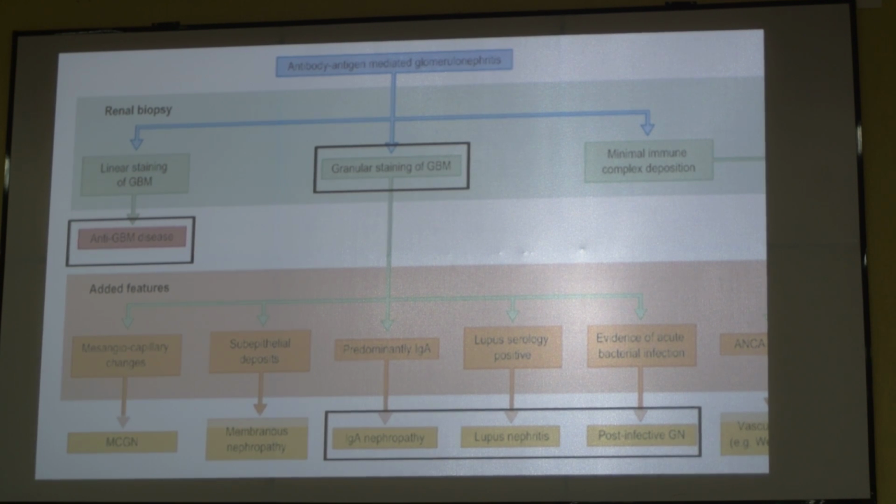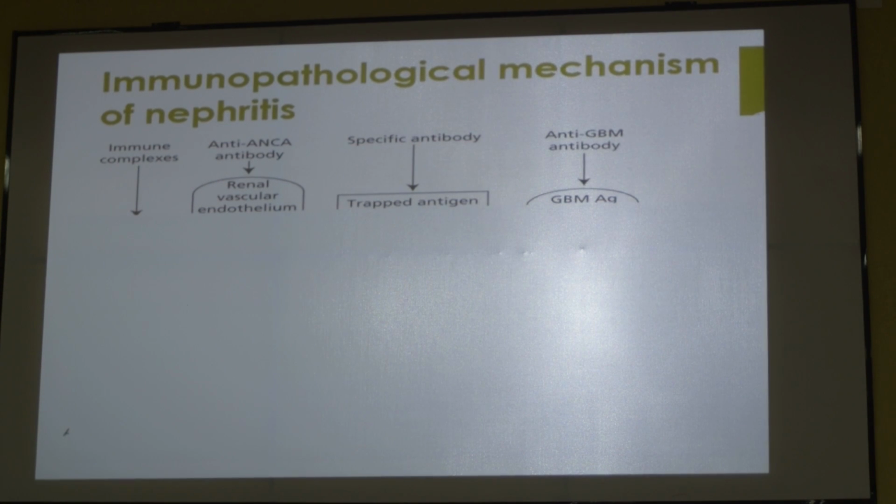So there must be a history of sore throat, pharyngitis, skin disease, bacterial skin infection, and then you are looking for the features of granular staining. This is just to tell you how you will move on from the symptoms to the staining or morphology and finalize your diagnosis. Now the question arises how the damage takes place in the kidney by the immune components,